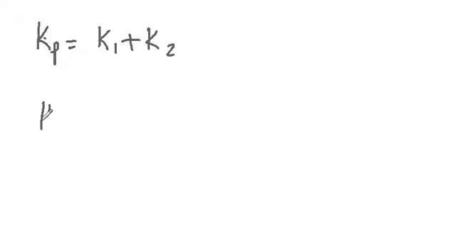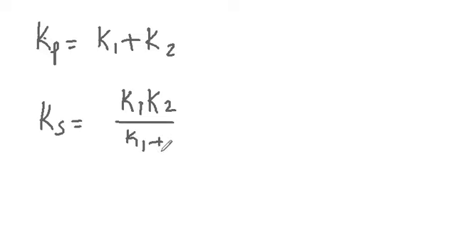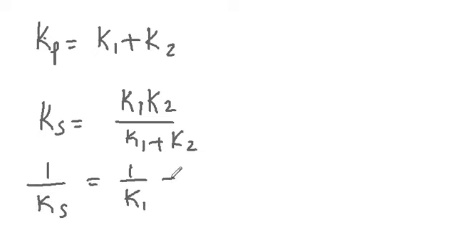If springs are connected in parallel, the equivalent constant is the sum of their spring constants. If they are connected in series, then for two springs we can use the equation K1 K2 by K1 plus K2, and if there are more than 2, then we go for the equation 1 by Ks equal to 1 by K1 plus 1 by K2 plus 1 by K3.